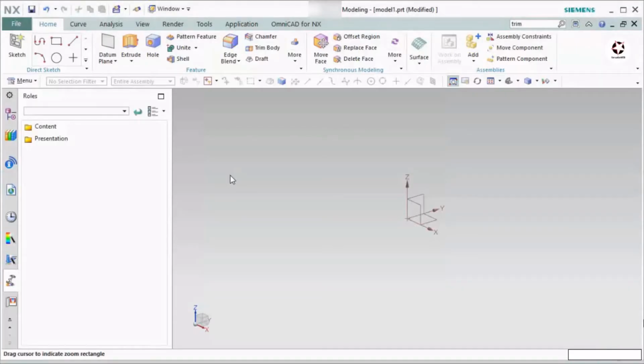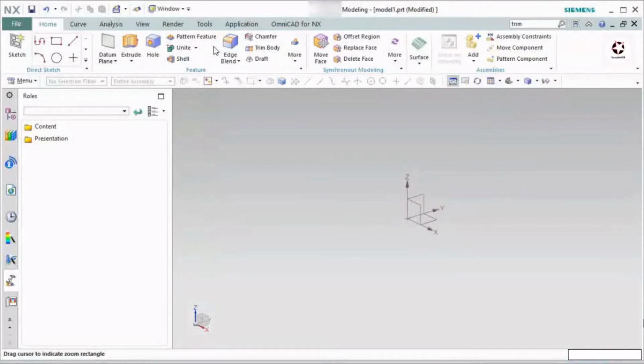Show you how to customize the ribbon. Here I am inside this Home tab, and inside this Home tab there are a few different groups in this ribbon. Let's say you want to add a few more tools inside this Feature group, which are available but not showing here because we normally don't use them frequently.